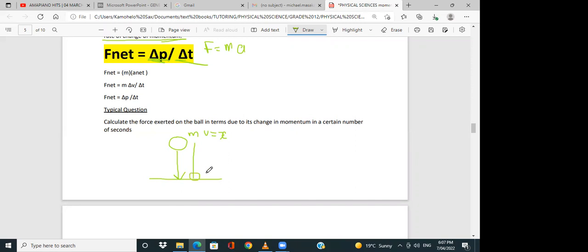for 0.2 seconds. Now they will ask you, what is your F net from this scenario we just depicted here? What you're going to do is this. F net is equal to